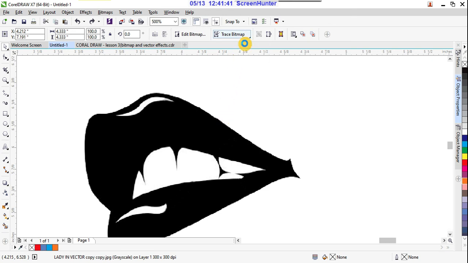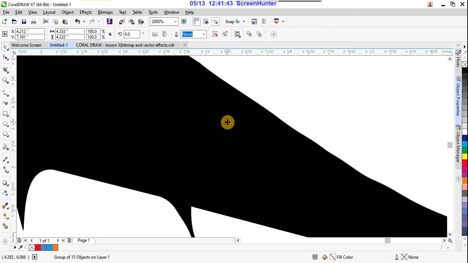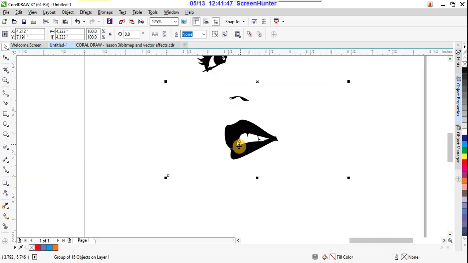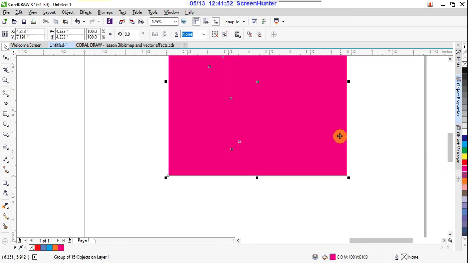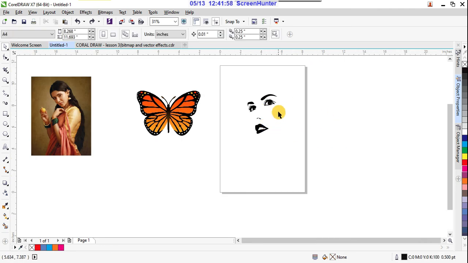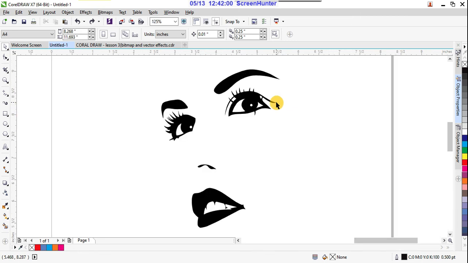So in quick trace option, your bitmap quickly traced, right? So it is a vector, it is a vector object, right? Suppose the background is there, the white background, right? That is the reason it is filling with the whole color.